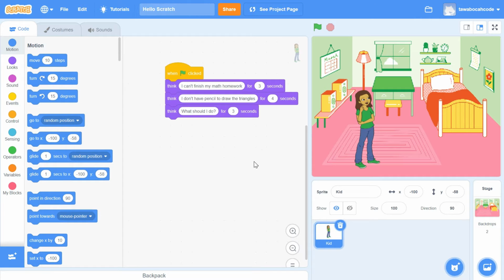To move the sprite, you can use these blue blocks. Remember, sprite position is defined by X and Y. Now, X is negative, which means the sprite is on the left side of the screen. A bigger X value means the sprite will go more to the right. For Y, a bigger Y value means the sprite will go more to the top.